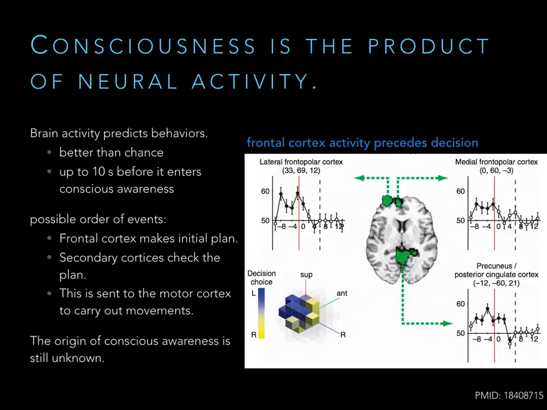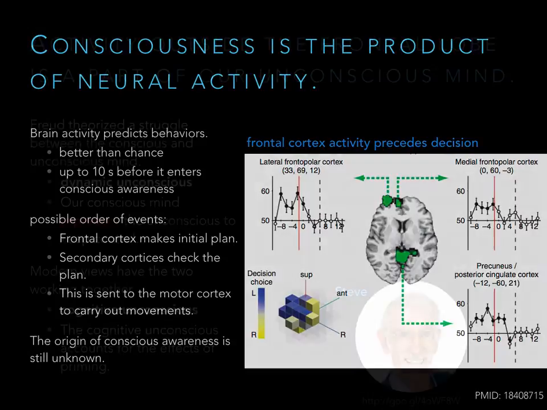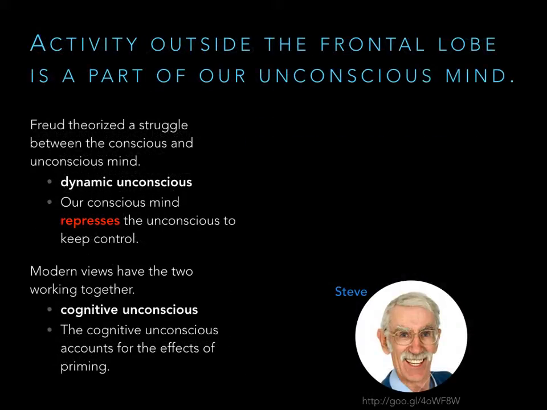Now what actually creates that conscious awareness is still an absolute unknown. It's a complete mystery. Different people have different ideas. Why is it that there's brain activity that precedes a conscious decision for several seconds when neurons are active on the millisecond time scale? So this is still a big mystery in terms of what creates our conscious awareness. So our consciousness is a mystery, but so is our unconscious mind as well. There are a few different ideas floating around about how these two interact with one another, and